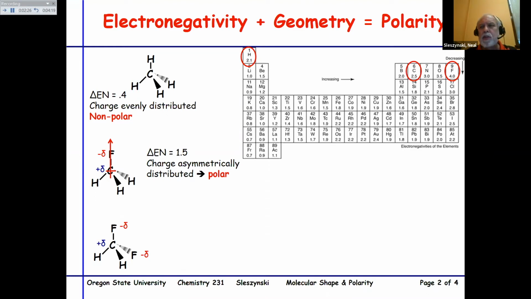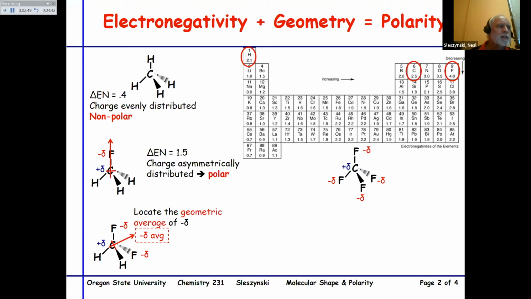But now we have 2 different geometric centers of partial negative charge. What we'll need to do is locate the average geometric position of those negative charges. And once we do that, we can go ahead and draw the symbol for our net dipole in this molecule. Still a polar molecule. Well, let's skip ahead and substitute in 4 fluorines for the 4